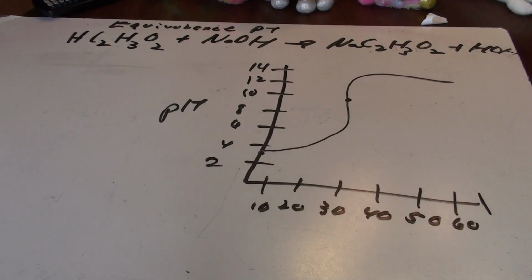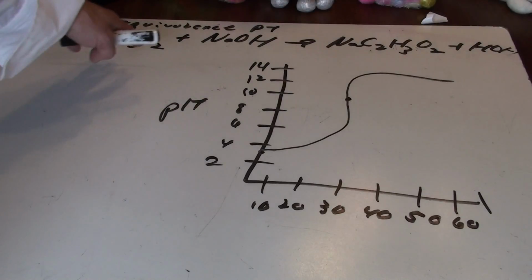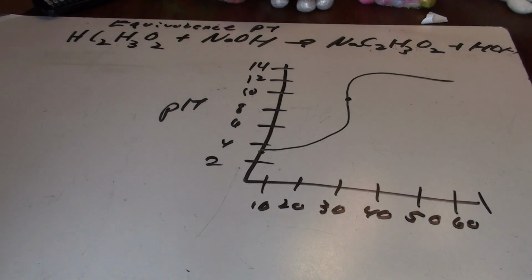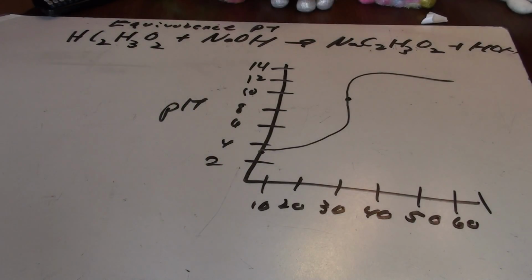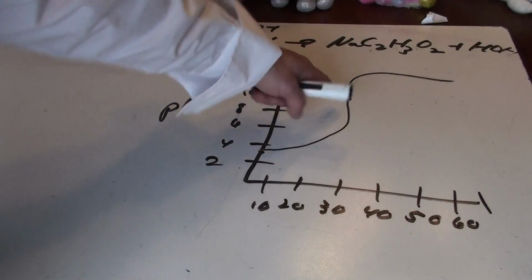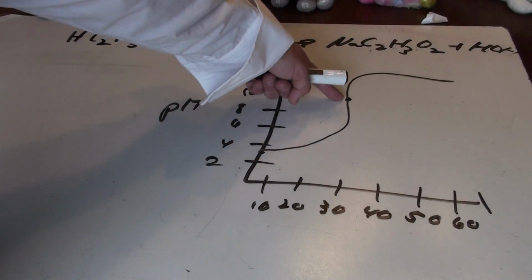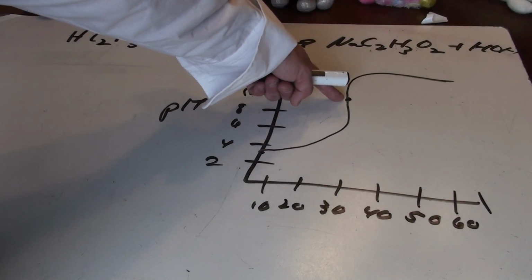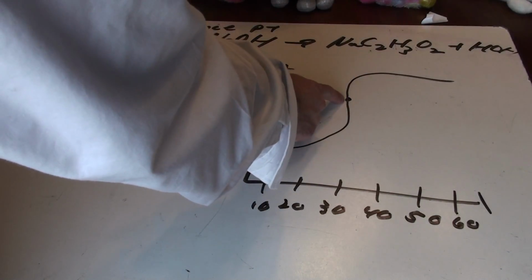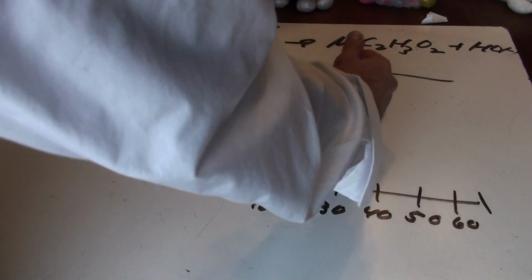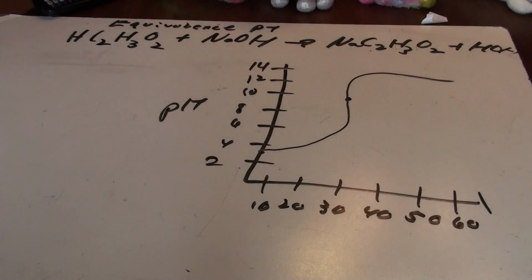Now to find the experimental Ka, I'm just using an example equation here of acetic acid reacting with sodium hydroxide. You've got your titration curve, and what we're looking for is the point of inflection where the slope changes and your slope is undefined. So at that point where it changes from a positive slope to a negative slope, that's your equivalence point from